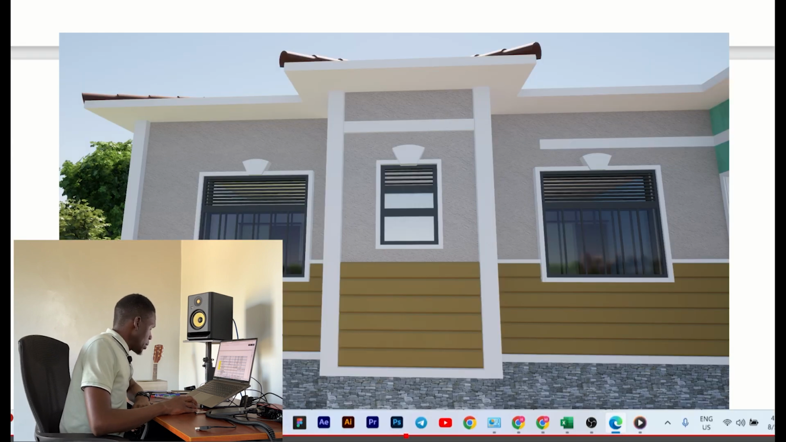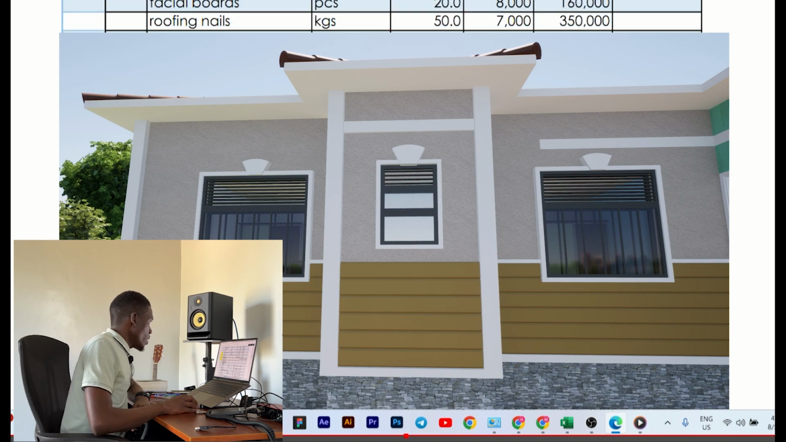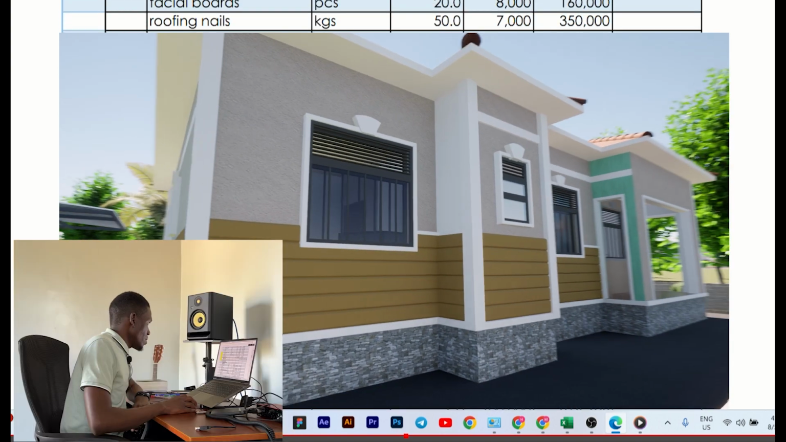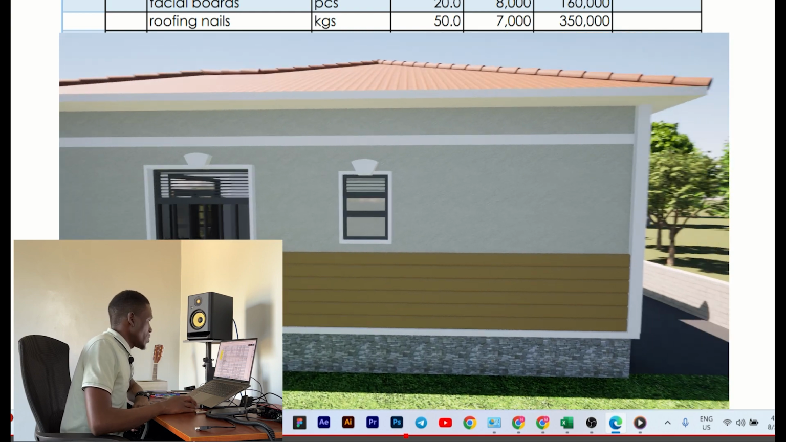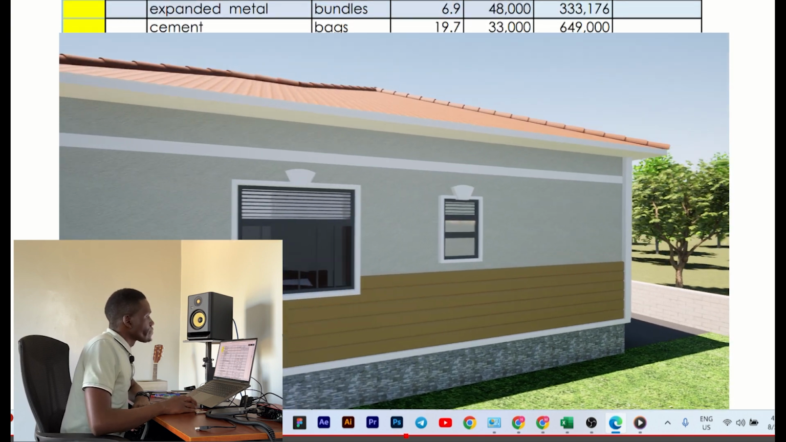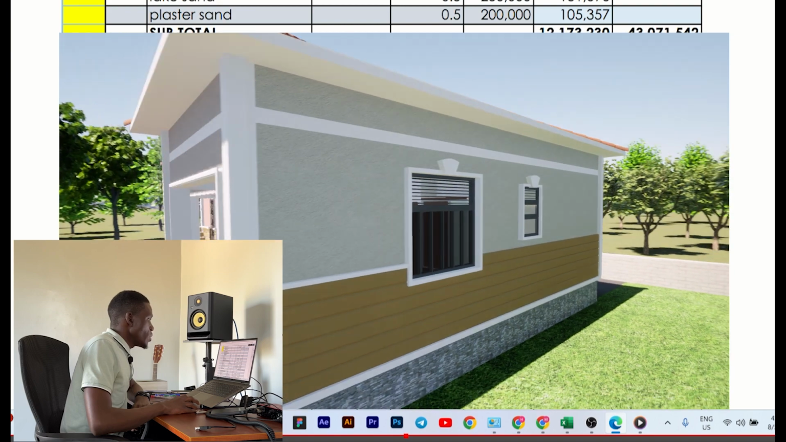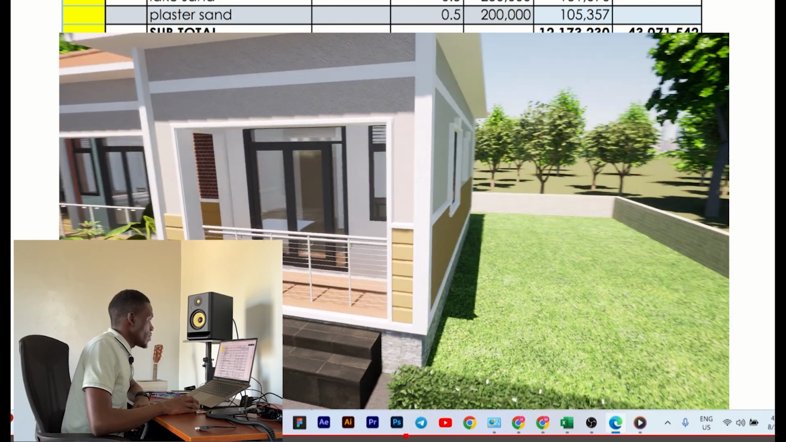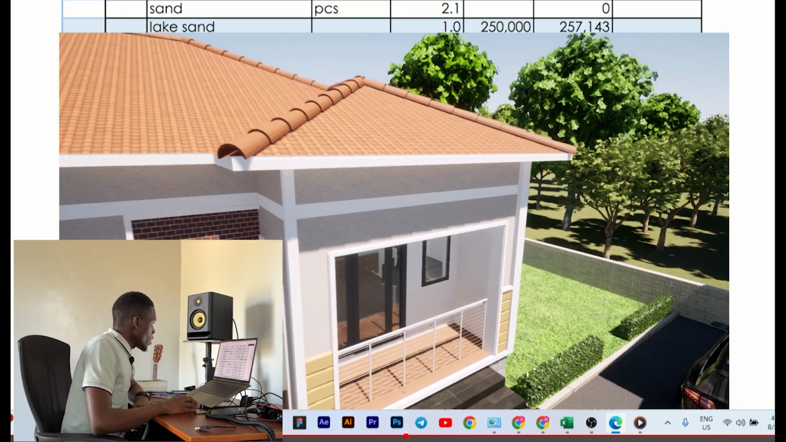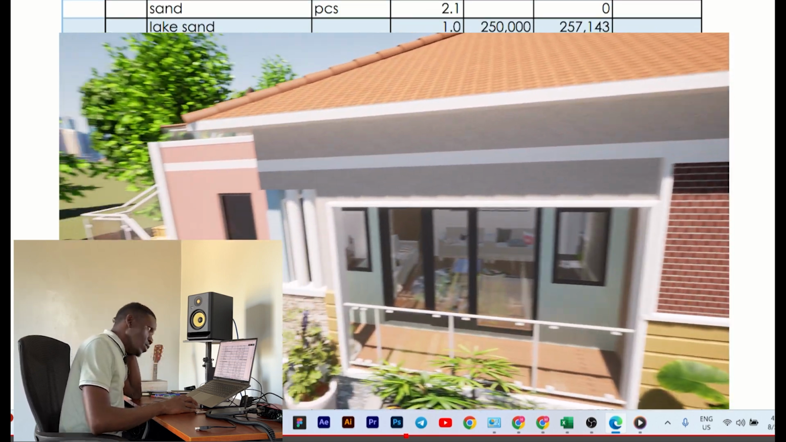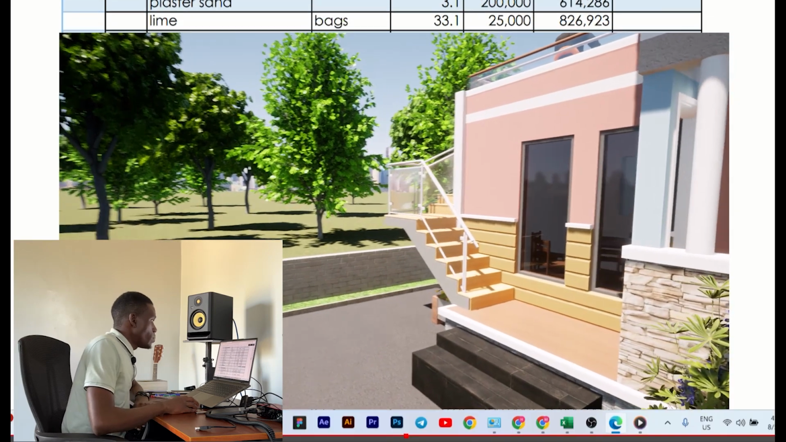12,173,200 shillings. So heading to the finishing phase, under the finishing phase we have the plastering, and in the plastering we have the interior plastering and the exterior plastering, that includes the ceiling, and that will cost us 6,460,300 shillings. So heading to the floor finishes, for the floor finishes we will spend